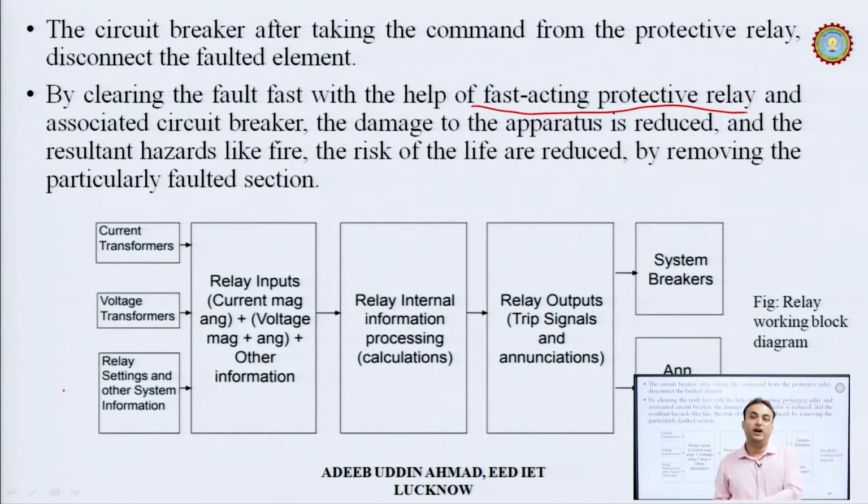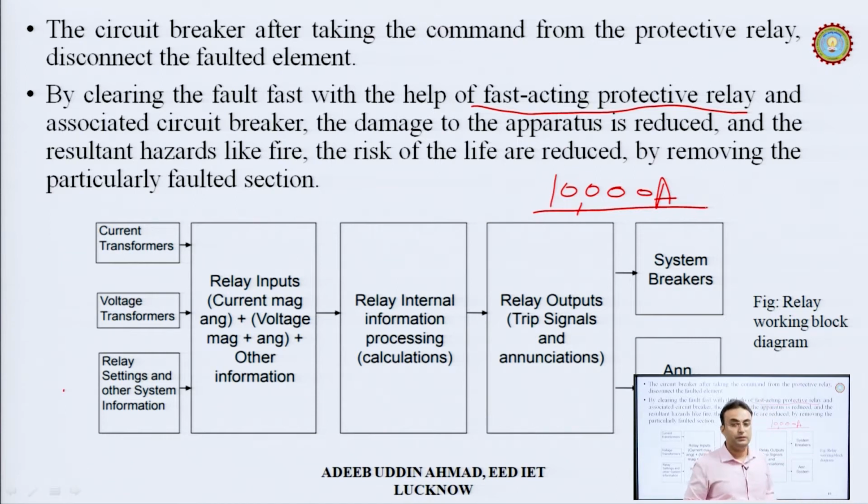When we are going to a fast protective scheme, this protective scheme will give the signal to the circuit breaker in a very short period of time, so that the spreading of the fault or the damage of the fault is minimized. For example, in any area there is a fault, and the fault current has some magnitude of 10,000 ampere, a very high current. If this current persists in the system for 2 seconds, surely it will damage all the equipment,